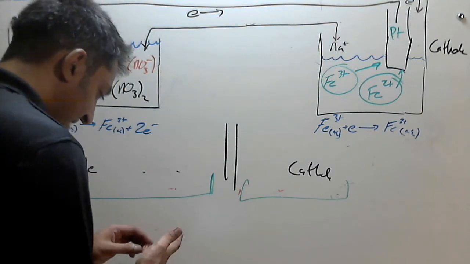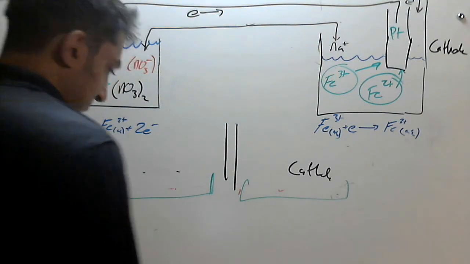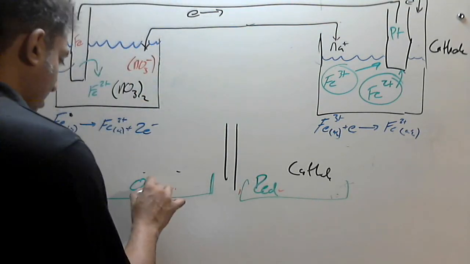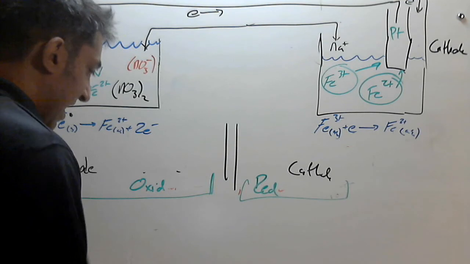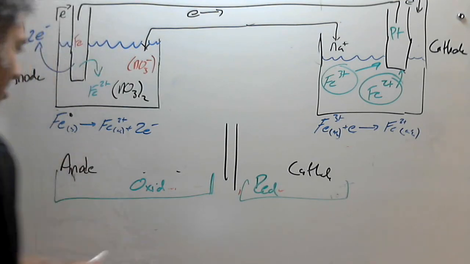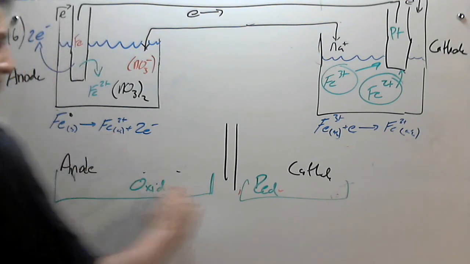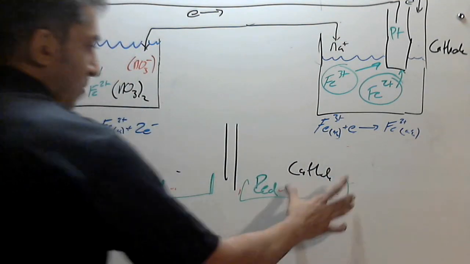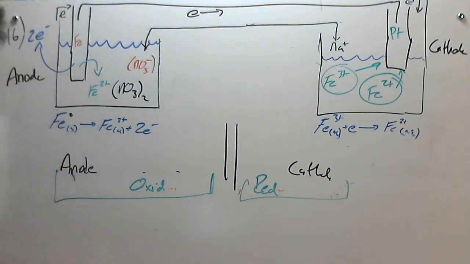So if we're going to say that, reduction, this is oxidation, we can go ahead and put our reactions right here. This is my oxidation reaction. This is my reduction reaction. I need to start with my anode. I need to go to my cathode. Let's go ahead and put everything in its own box based on its state. We start with the anode. We do Fe not solid. That's its own state. It goes to